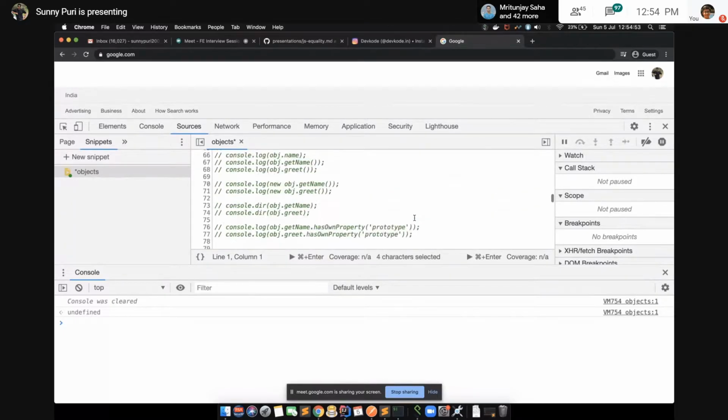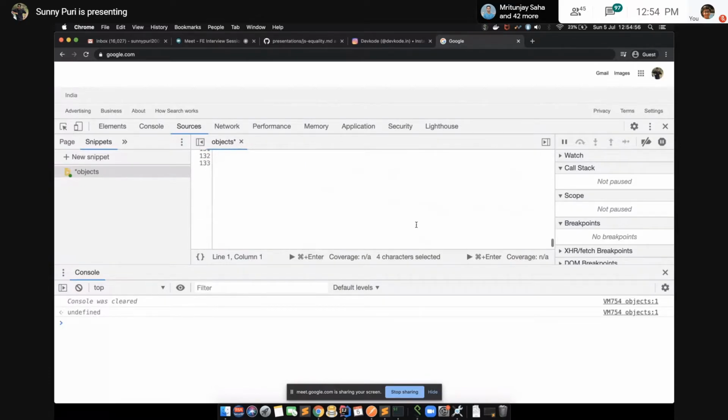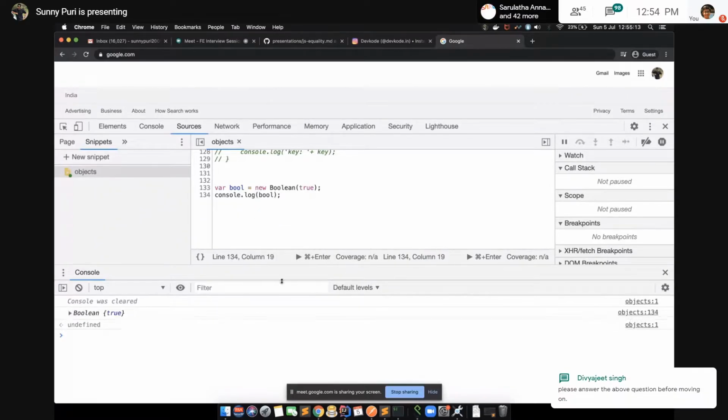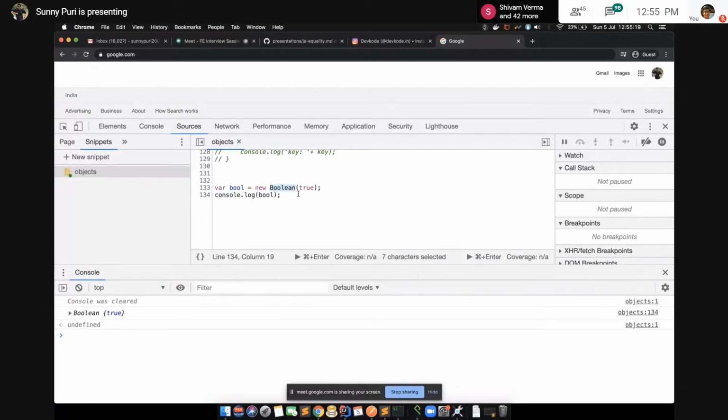Let's pick one example and see what constructor functions are and how we can create an object. Let's say we have one variable, for example true. When I do console.log, it will give me an object because it's a wrapper object of the Boolean data type. This is the wrapper and this is the constructor function. How am I saying this is a constructor function? Let's first do console.dir. This will give you all properties.